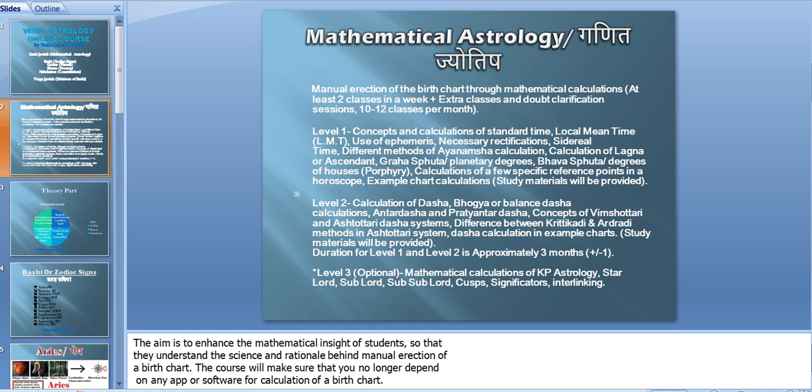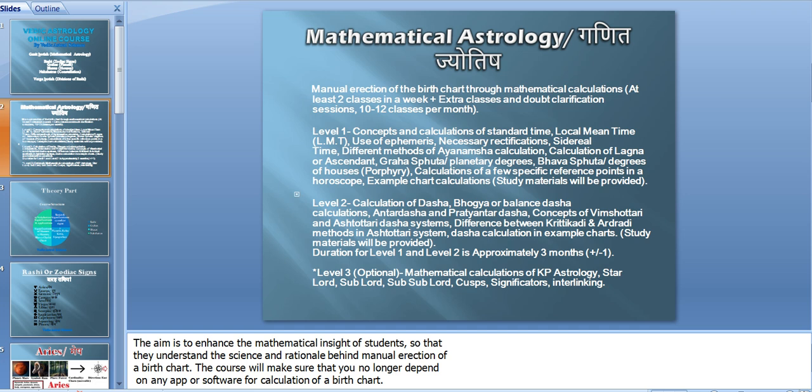Then comes level 2. It covers the calculation of dasa, because once you get the chandrasputa or degree of moon, you can do the calculations of dasa in any system. Okay, here we'll be covering Bhogya or balance dasa calculations, Antardasa and Prati Antardasa, concepts of Vimsottari and Ashtottari dasa systems, difference between Kritikadi and Ardradi methods in Ashtottari system, dasa calculation in example charts, and study materials will be